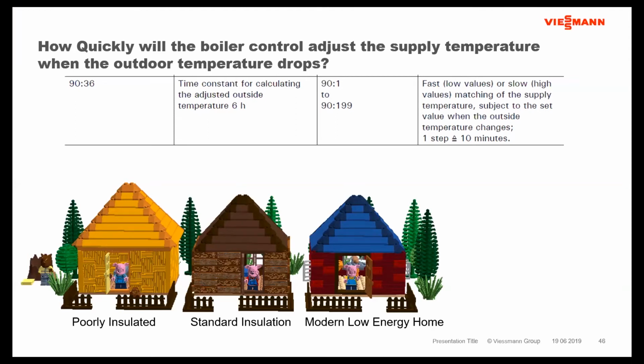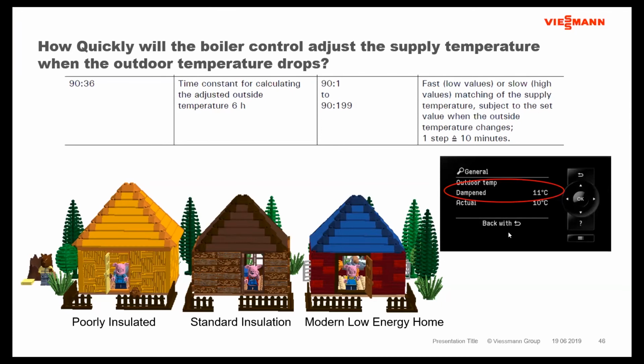Otherwise, we're going to have some issues trying to heat those poorly insulated or poorly constructed buildings because the boiler supply temperature is not keeping up with the actual heat loss of the building. So we use this time constant here. It's always set to a safe spot where it's not really going to be a problem. But as a contractor, as an engineer, you have the ability of looking at the different types of quality of construction here and manipulating this value